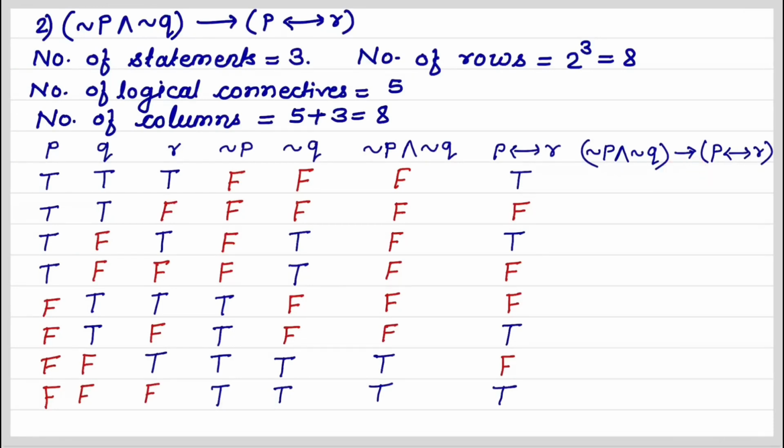Now we have to take the implication of this statement with this statement. This is the first statement and this is the second statement. And we know when the first statement is true and the second is false, then the implication is false. Otherwise it is true. When the first 6 values are false, no need to see the value of the second statement. Their implication must be true. Therefore the first 6 values will be true. Now the second last value will be false because the first statement is true and the second is false, and the last value is true.